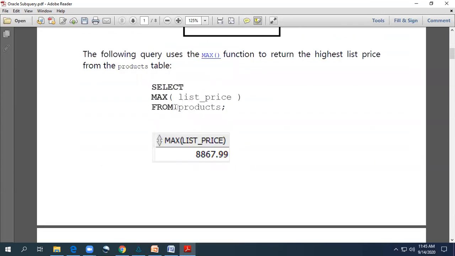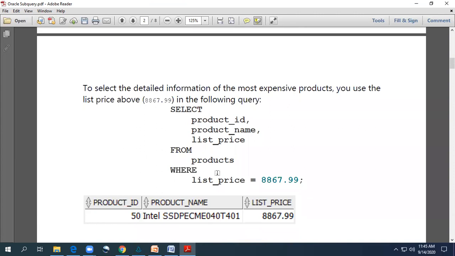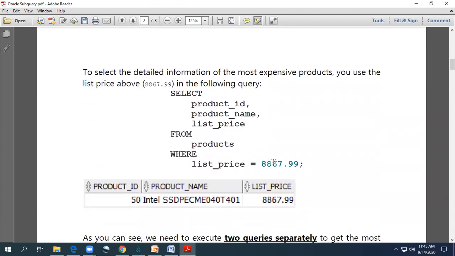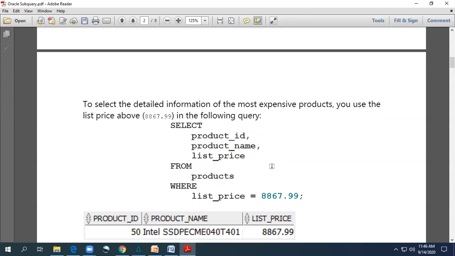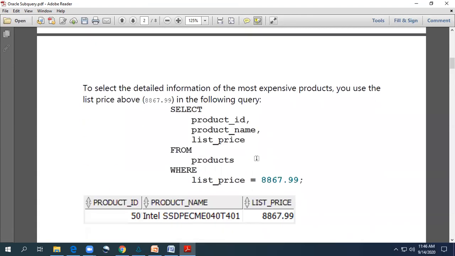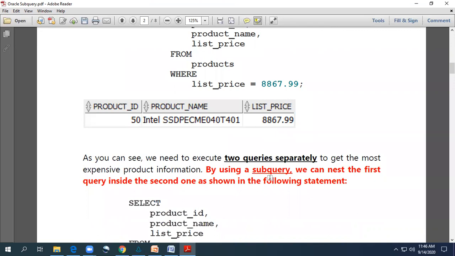This is my first query that returns the maximum list price, and this is another query that we use to pass the value returned by the first query as a condition on the list price. But this list price will not always be the same. We always need to calculate it using the maximum function, that you need to remember, and pass it into the query. The alternative solution is using the subquery.